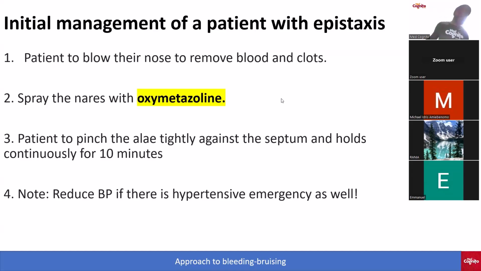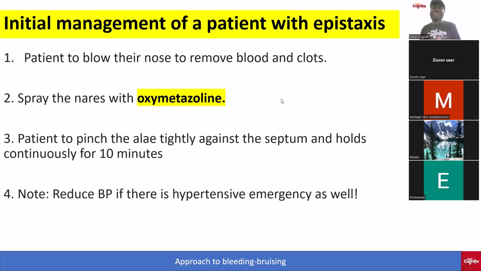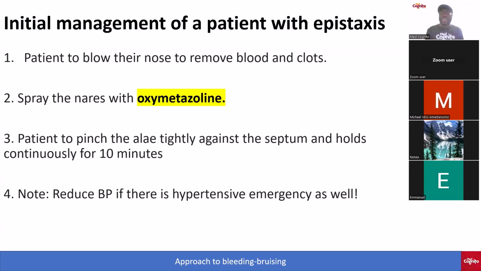Now, what is the initial management plan of a patient with epistaxis? First, if it's a simple anterior nasal bleed, the patient should sit and blow the nose so that the clots will come out. Then you spray the oxymetazoline. One doctor said that another name for oxymetazoline is Octravine. That's the trade name in Canada, right? And the patient should pinch the ala, that is the nose, tightly against the septum,